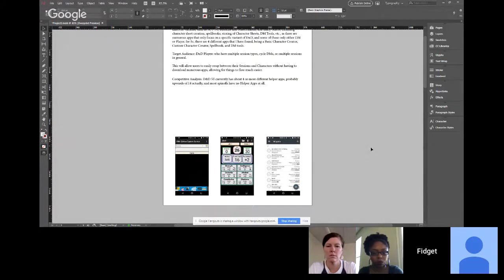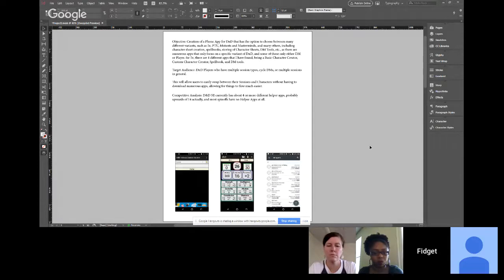With the competitive analysis, I did a general search on the App Store for Dungeons and Dragons helper apps, and there are upwards of 14 for 5th edition alone, which is absolutely insane. Here we have the custom character builder, the normal character builder, and the spell book, which are all separate helper apps.